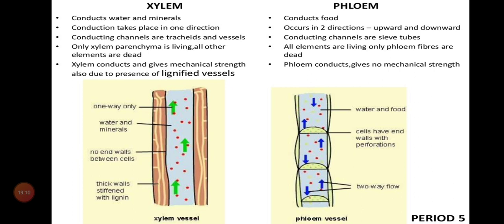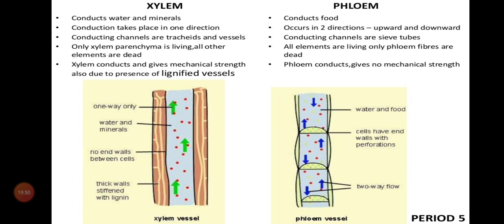You want to remember why it is called so. Before, when it was in the simple permanent tissues, it was living only, but now it has changed into non-living or dead because the wall is lignified with the lignin component. The lignin component acts as a seal for the tube-like tracheids and vessels. It won't allow anything to get in and get out of the tissues. So this is a very big plus point. Imagine if there were leakage, automatically all the water would move out from the tissues and there wouldn't be any reach of water to the required area. So that is why we call these three dead. Only xylem parenchyma is living.